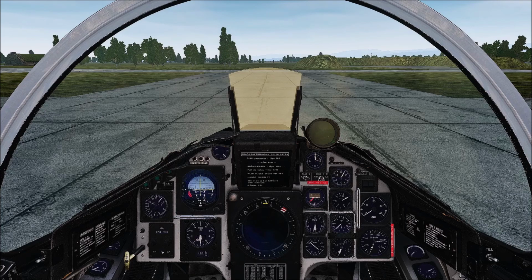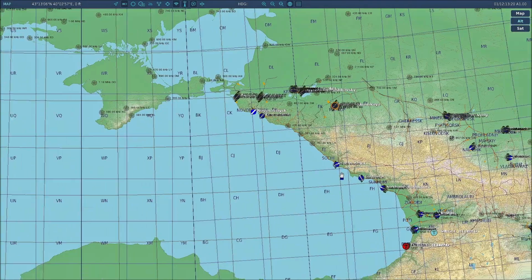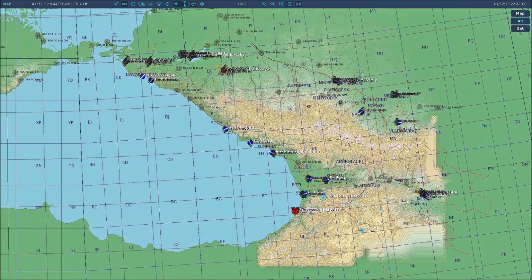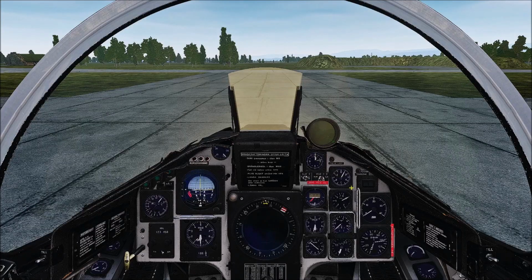This video is going to show you how to find targets in the online scenario, and you can coordinate a strike with people and actually go hit something that matters. So as you can see on the F10 map here, there's nothing on this map except for a mark point, but you don't really know where to go. So if I go back to the cockpit here,